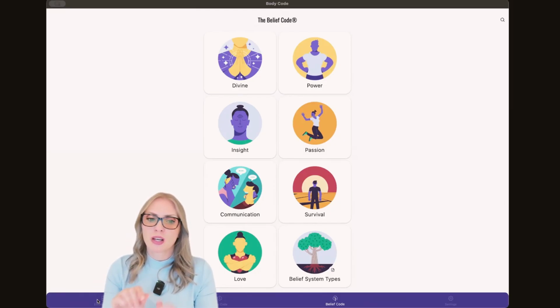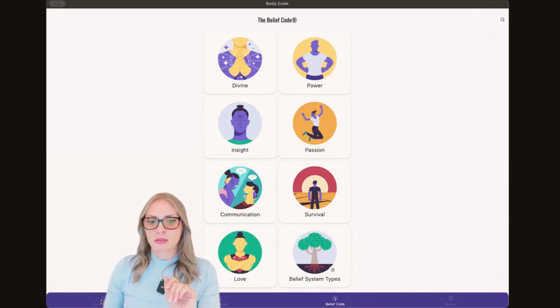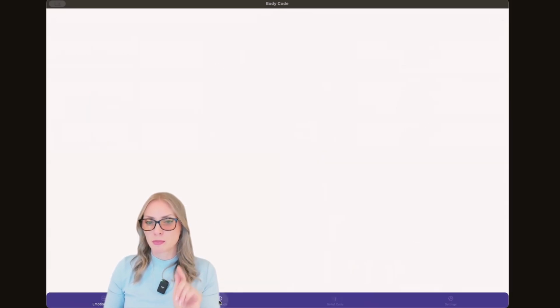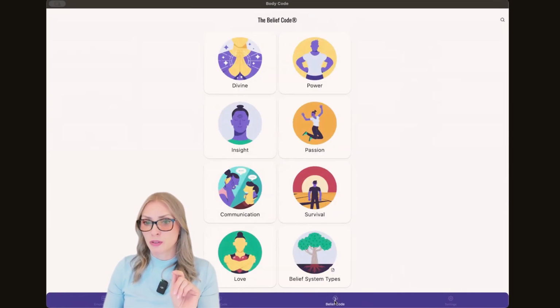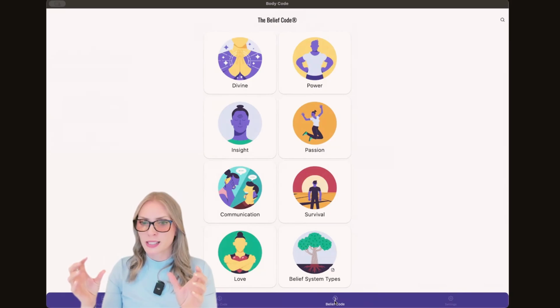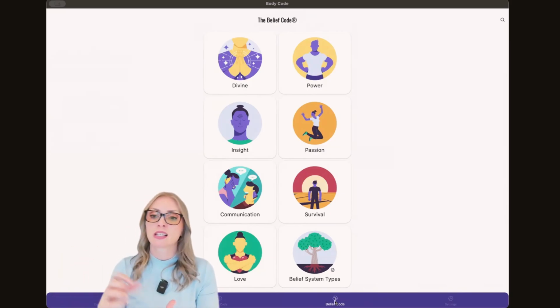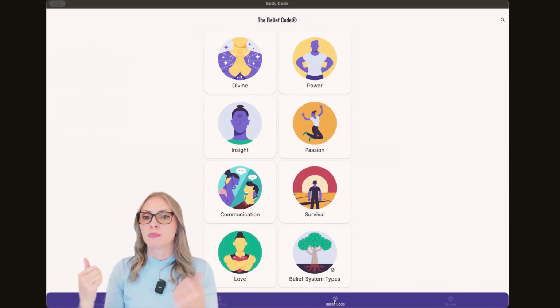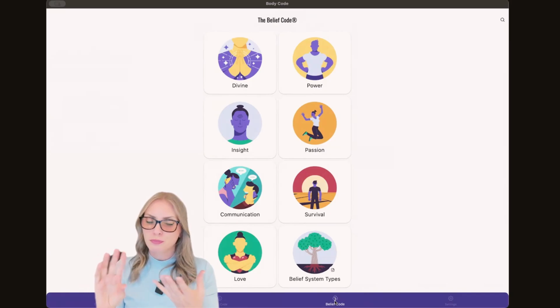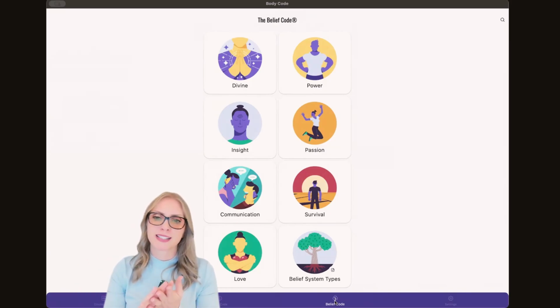So these three all together, the emotion code, the body code, and the belief code, are super helpful modalities in releasing whatever it is that is blocking you from achieving your goals in life, from living the healthy life you want, or from feeling overall good, from manifesting the things you want, whether that is love, abundance, good health, whatever it is.